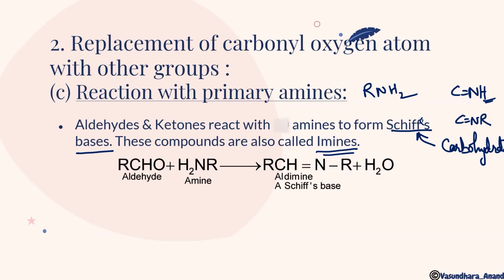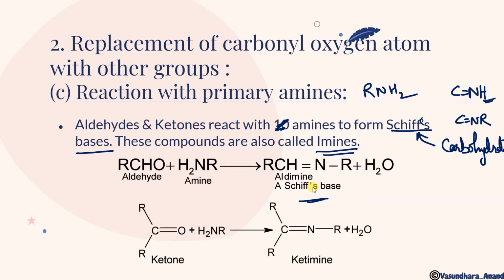So the reaction is aldehyde plus imine and this will give you aldimine or Schiff's base. Clear? So there is no need to mention this. We can say simply that they react with amines to form Schiff's bases. Okay. Another example we can say for ketones. This is ketone here, H2NR. Again this is going to form water and the NR will attach to this. So this is C double bond N. And since it is tertiary, we will say ketimine or ketonamine. Okay, ketonamine can also be said, and ketimine.